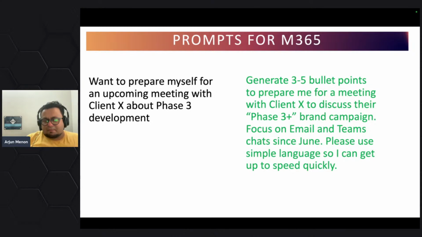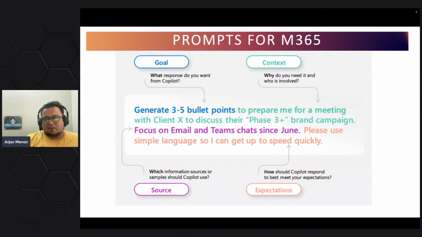Now, this is a typical prompt which you tell the Copilot. Within the prompt itself, you can actually divide the prompt into multiple sections. Say, for example, a prompt typically comprises four components. There will be one goal, one context, one source, and one expectations. Again, it is not necessary that you need to have all these components, but for you to get the information you are looking for,